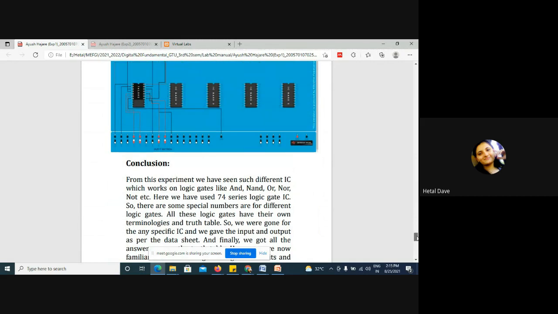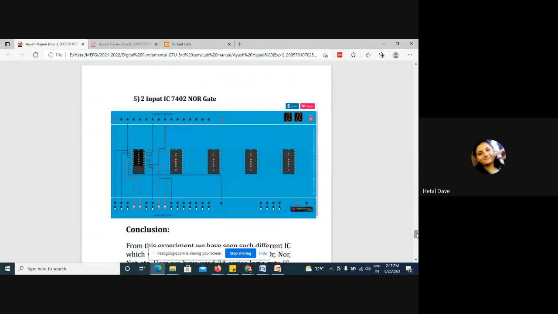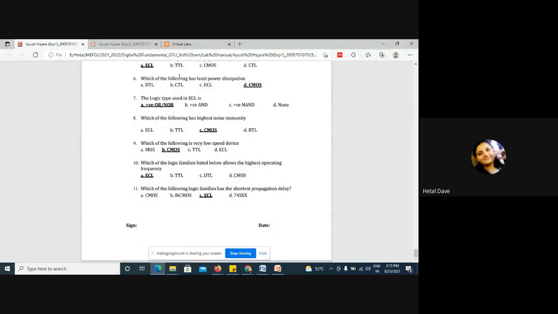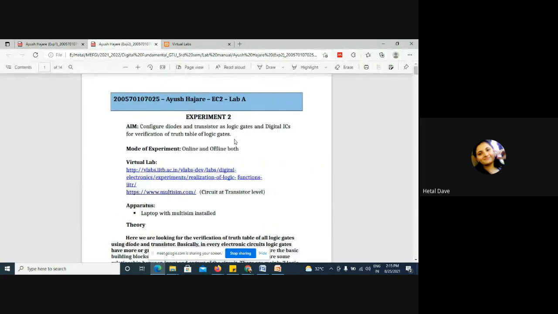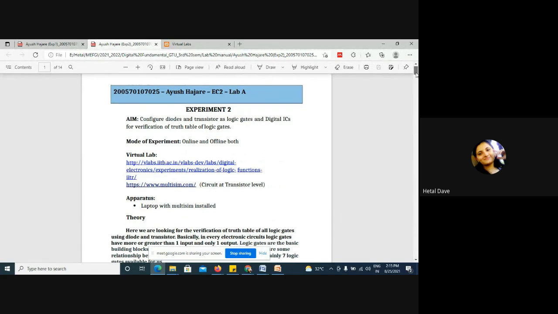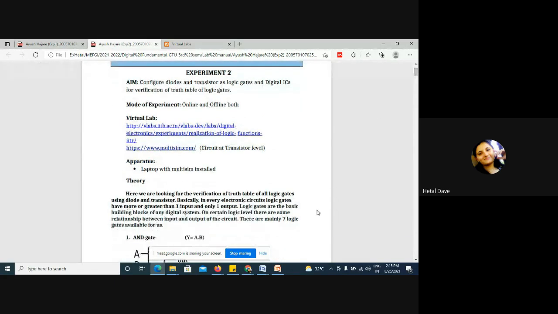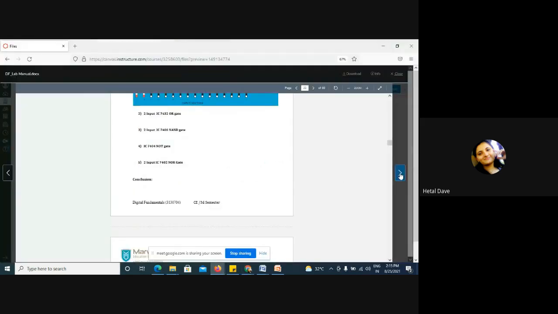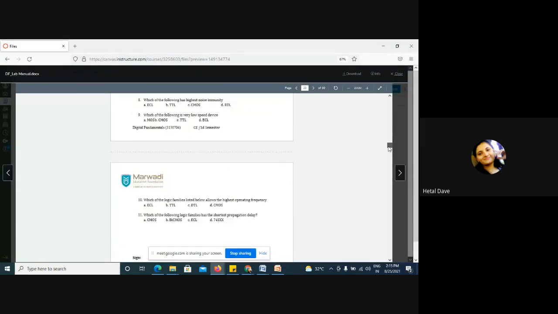Whenever there is a simulation circuit, you need to take a screenshot of your simulation virtual kit and paste it here like this. Then you need to write a conclusion, then attempt the multiple-choice questions. Let's say this is the second experiment, so in the second experiment something would be given. Now if I open the second experiment in Canvas from the lab manual, this is what I uploaded.